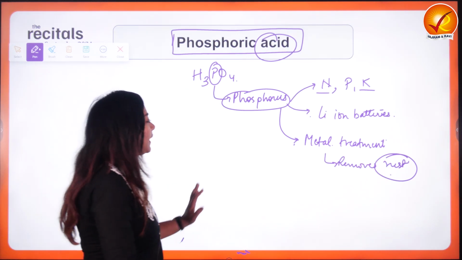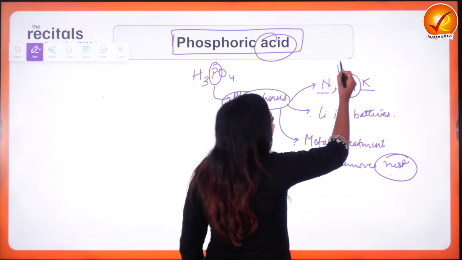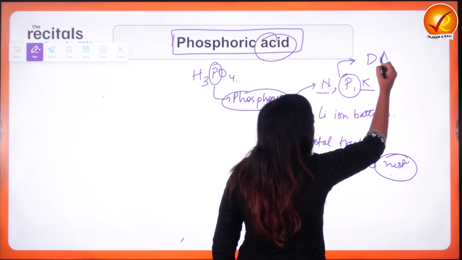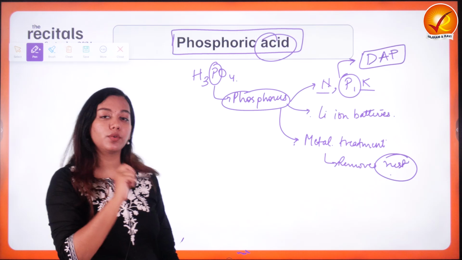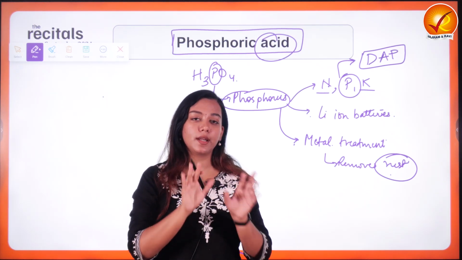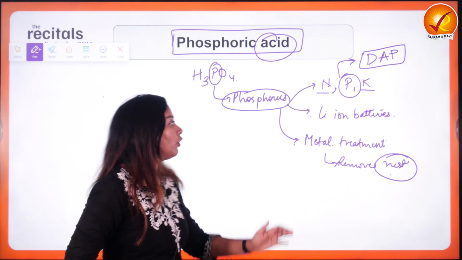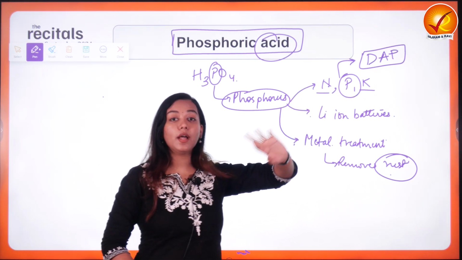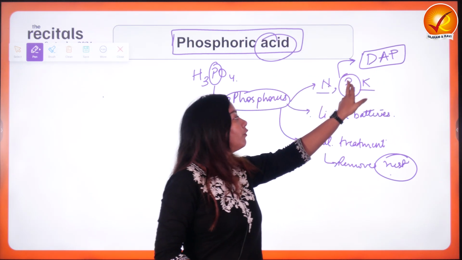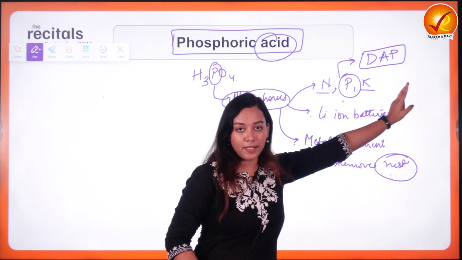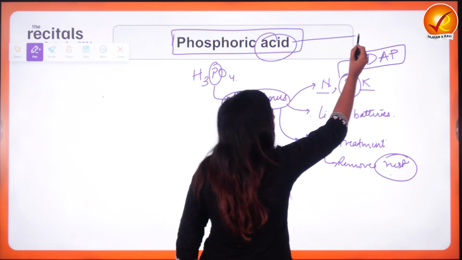Now, specifically that it provides phosphorus to us, it is significantly used in DAP, diammonium phosphate, which is the second largest used fertilizer in India after what? Which is the first largest used fertilizer in India? It is urea, which primarily gives us a good amount of nitrogen. But the one which provides us ammonia, that is nitrogen, along with phosphate, is DAP. In creation of phosphate, we require good amounts of phosphoric acid.